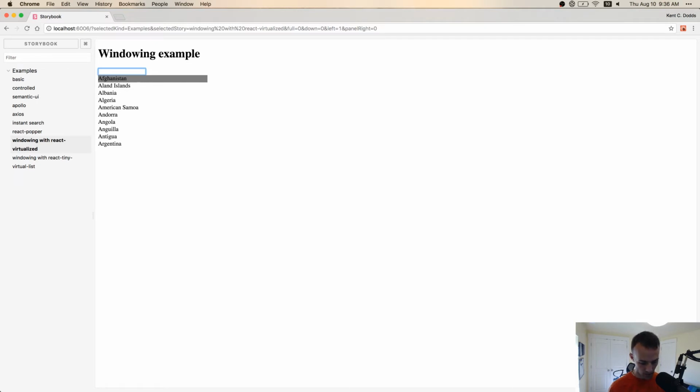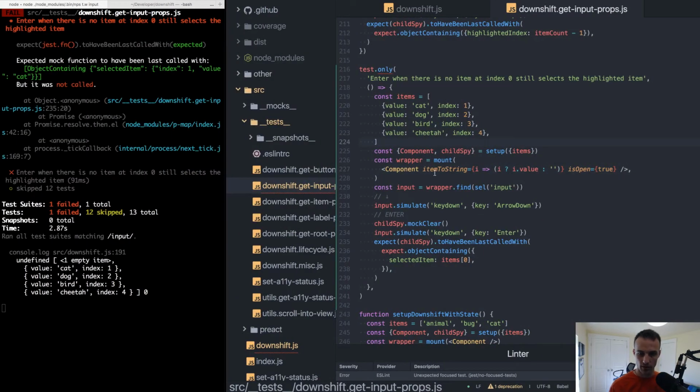So this actually reveals probably even a greater potential problem in that the highlighted index should be smart enough, I guess, if there's no item. Now, this is such an edge case thing that I'm not even going to worry about dealing with it. So in our case, though, what we're going to say is